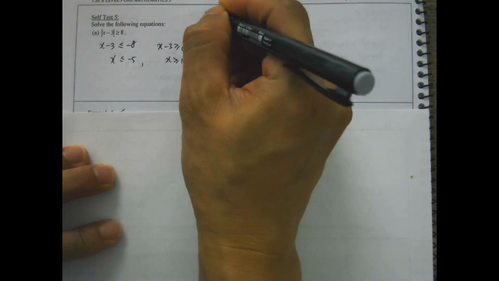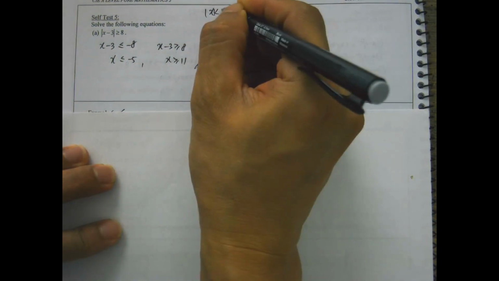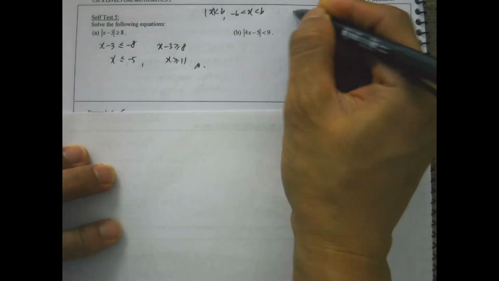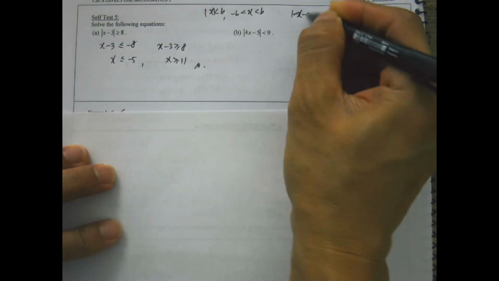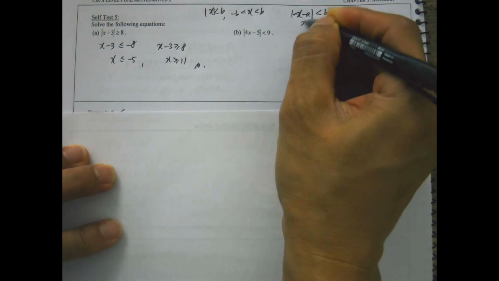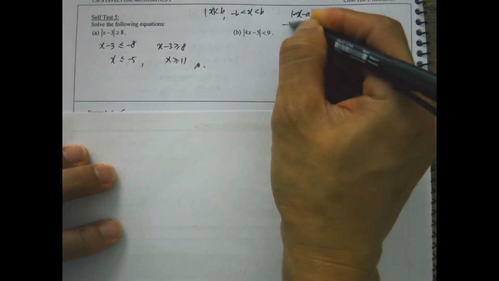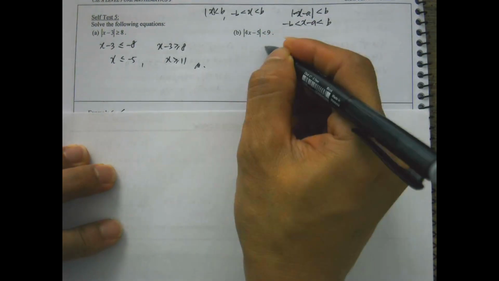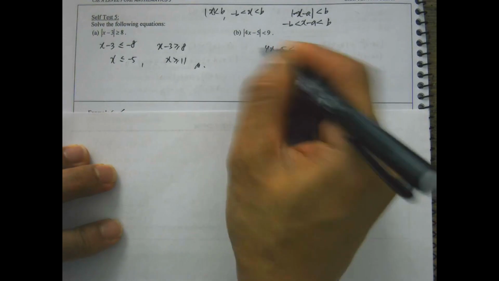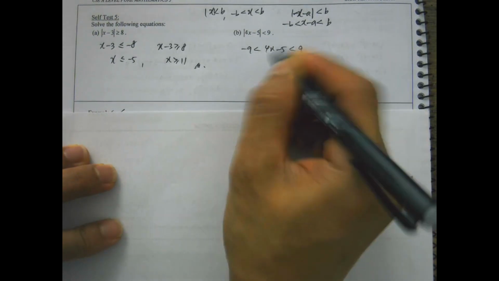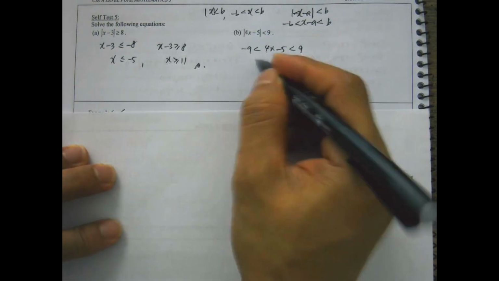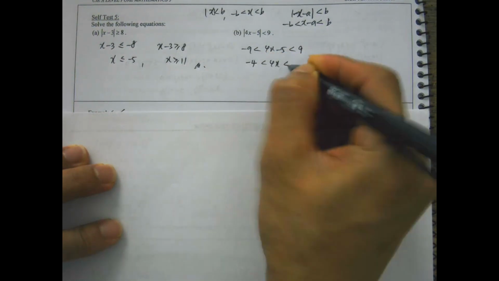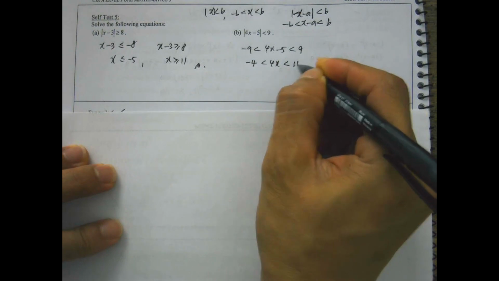But for me, right, you can use this relation that I mentioned earlier. If you have |x| less than, say, b, so x will be between -b and b. So if I have |x - a| less than b, when you open up modulus, you can straight away write -b, positive b. Just bring the a over, that will do it. Now, in this case, we can say 4x - 5 is between -9 and 9. So here we plus both sides by 5. When you plus with 5, get -4. This will be 14, right? And if you divide,